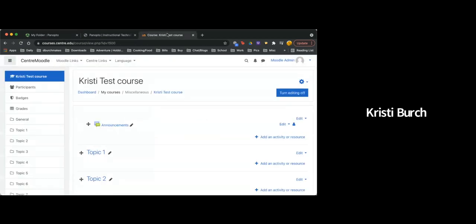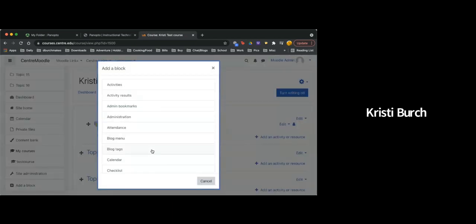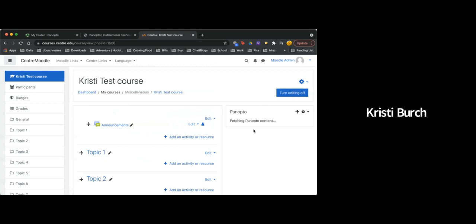If you want to add it to your Moodle course and provision a course that way, you go to your Moodle course, and with editing on, scroll down to the bottom left and add a block. And then you're going to find the Panopto block in the list and add. And once it adds,